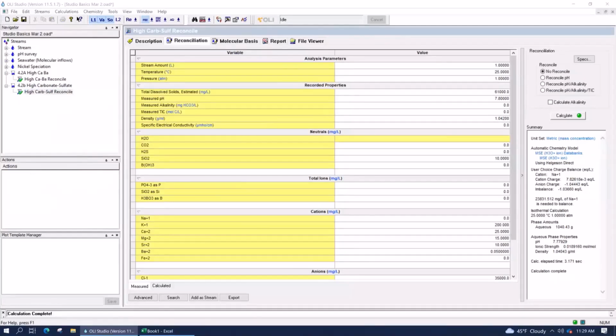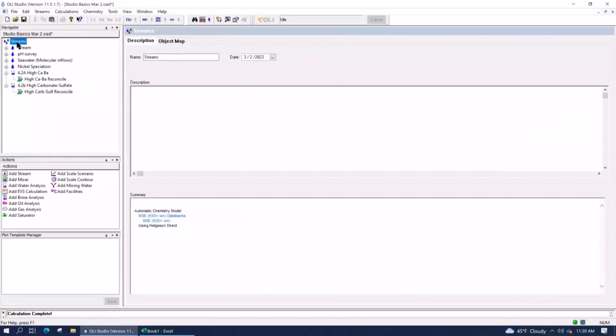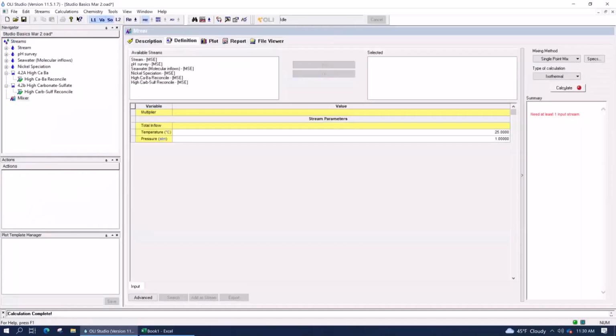So what I want you to do is, again, if we have to go to a higher level in order to see information in the action panel, and in order to do that, you either have to be at the stream level or the stream object level or the default stream level. I like going to the default stream level because it reinforces the purpose of this. Okay. Then I'm going to add a mixer. Good. So we're just going to call this mixing waters.